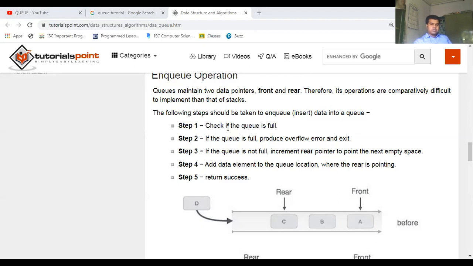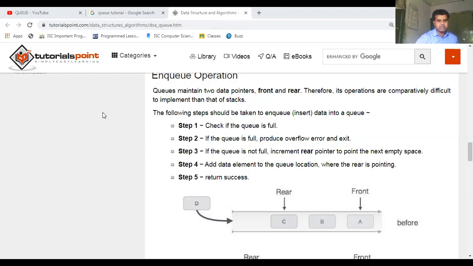Keeping that in mind, the first condition is that, just like in the linked list, we see whether the queue is empty or fulfilled or not. In the linked list also we used to see whether it is complete or not. Because in the array, if all the memory addresses of the array are occupied with certain values, then you cannot insert any new value inside the array.